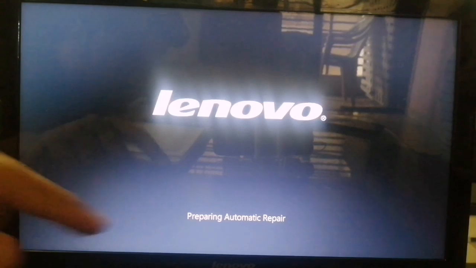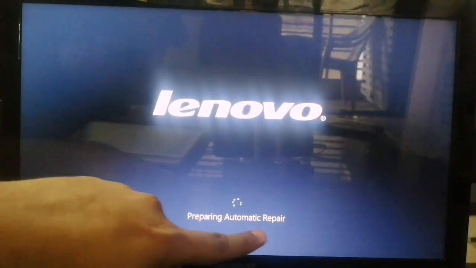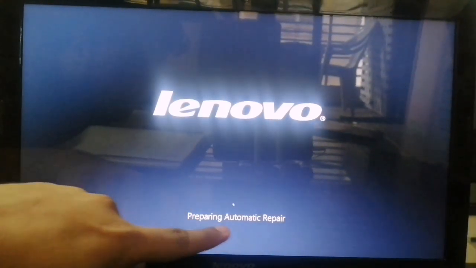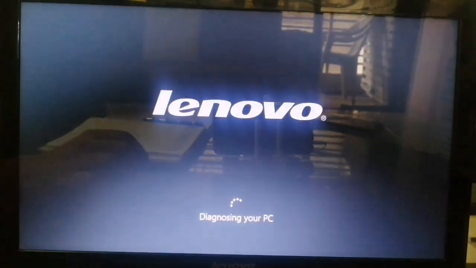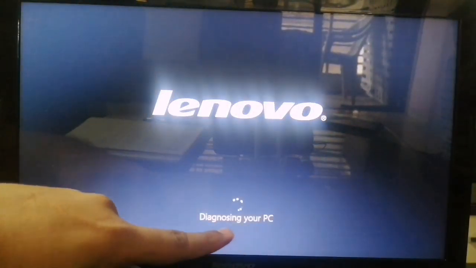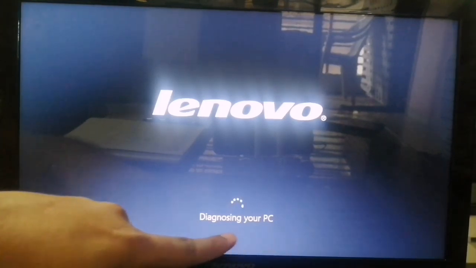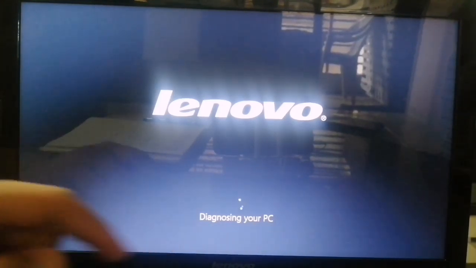In every laptop there is a different setting. In Lenovo you can open this automatic repair with the help of the power button.